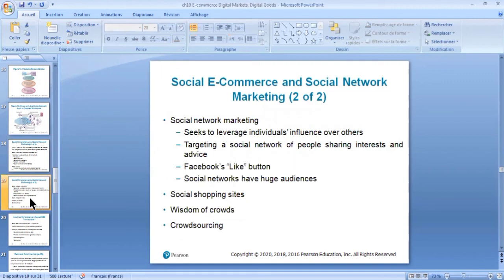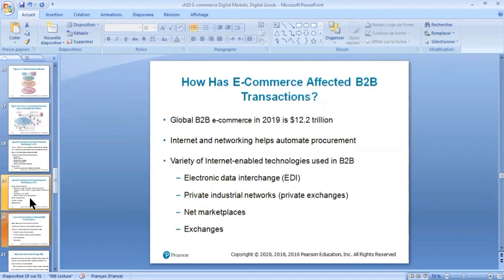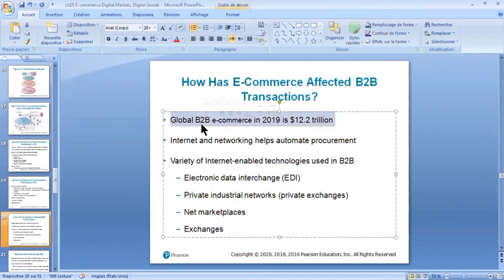Let's move to another thing, which is first, how has e-commerce affected B2B transactions. Okay. So here we will focus on B2B e-commerce. Why? Because B2B e-commerce is the largest part of the pie. The trade between business firms is a huge marketplace. The total amount of B2B